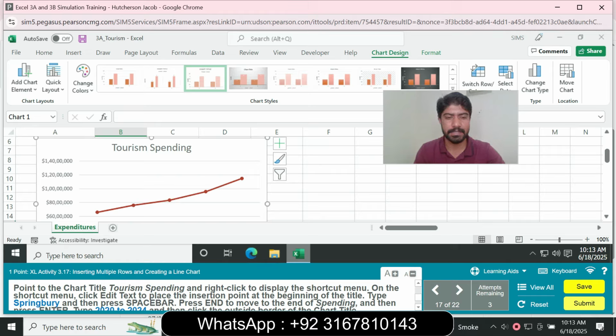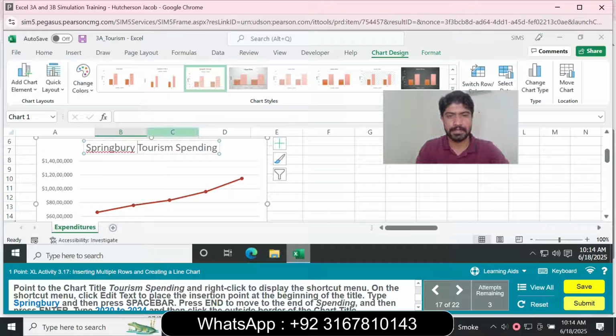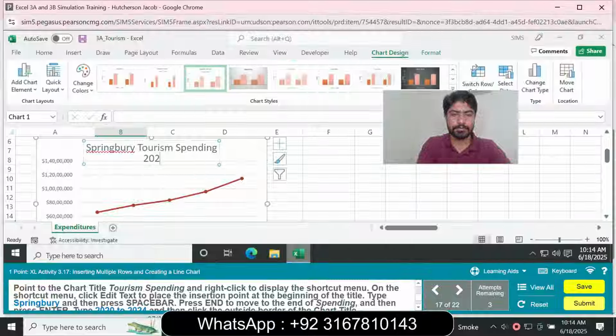Click Edit and place the insertion point at the beginning of the title and type Spring Break. So select Spring and press the space bar, move to the end of the title and press enter and type 2022 2024